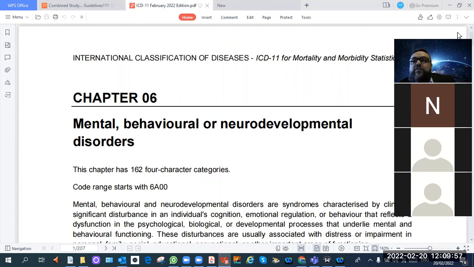So the basic difference in the start, what I have found in the ICD-11 and ICD-10, is that ICD-10 started from old age and goes to younger and younger age, while